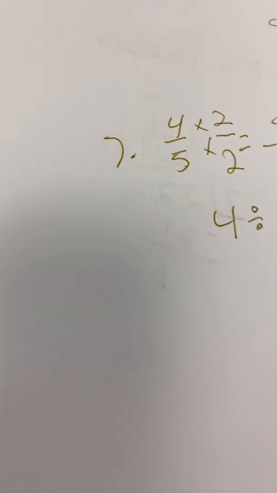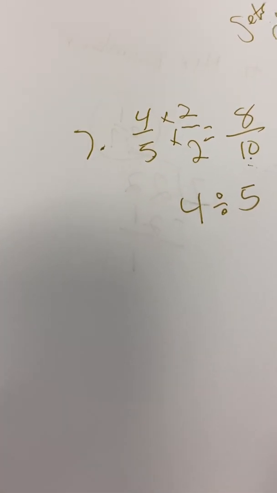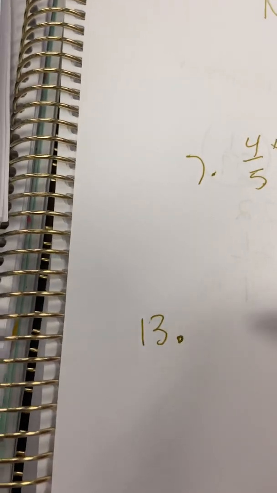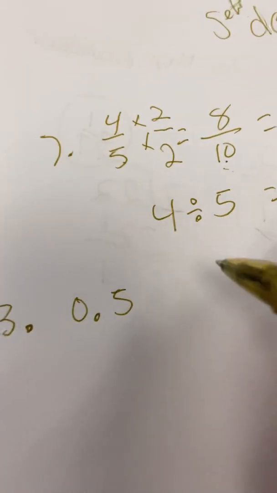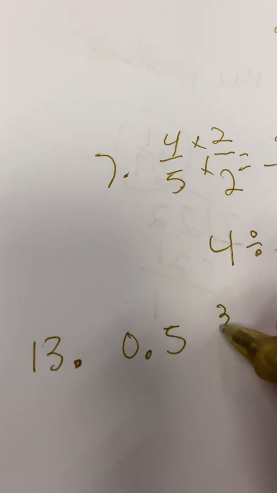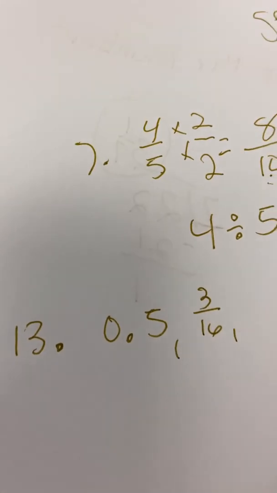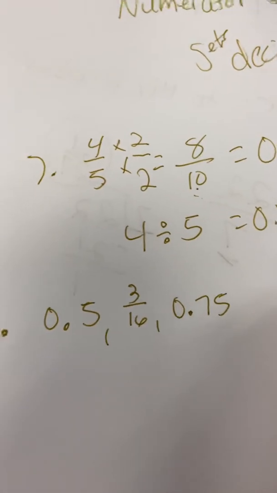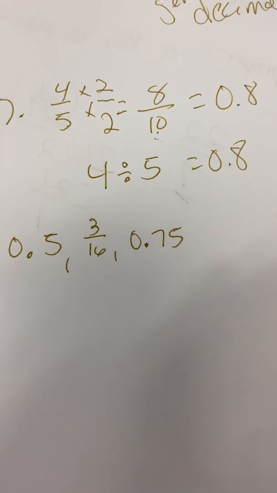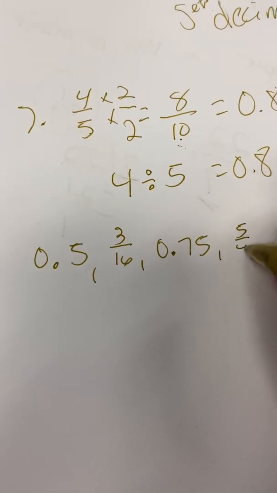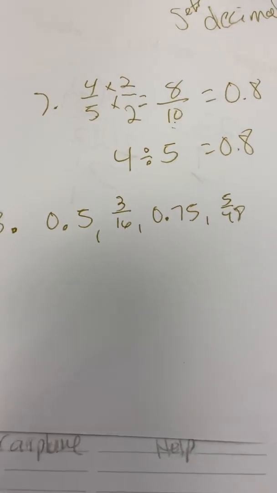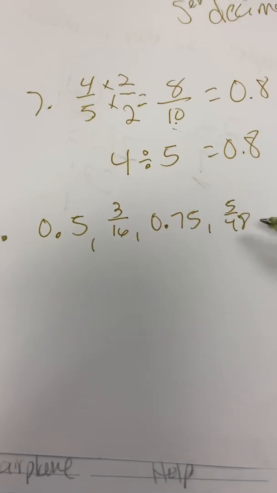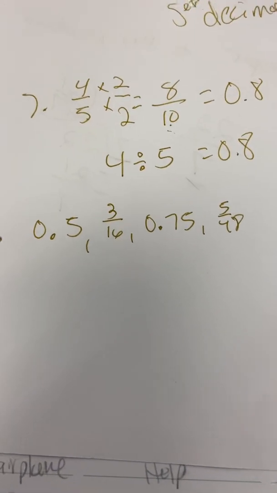The other example I want to go over with you was number 13. We did this in class. I had 5/10. I had 3/16. I had 75/100, and then I had 5/48. And I told you it is much easier to convert your fractions to decimals, to list these in order